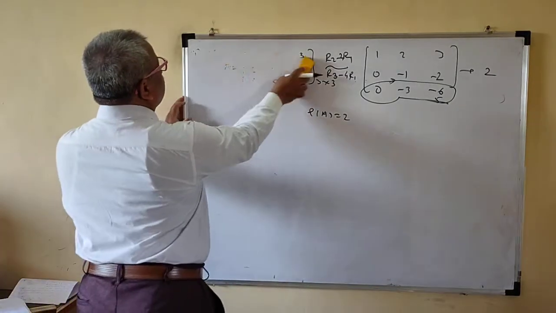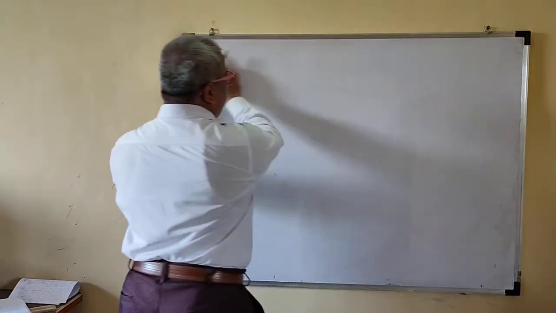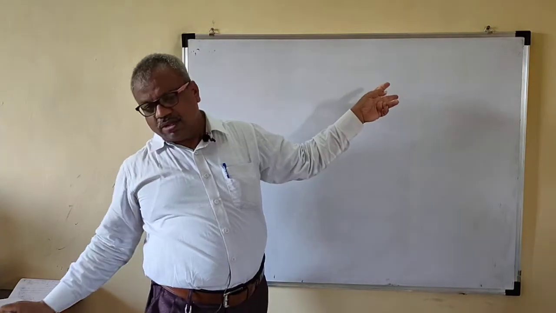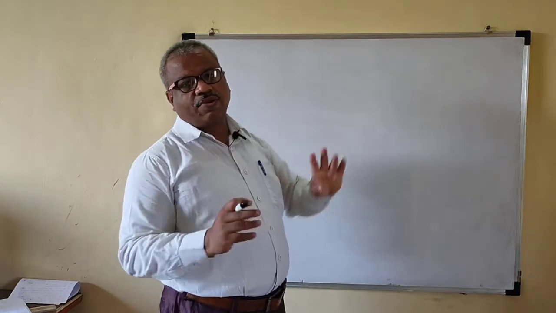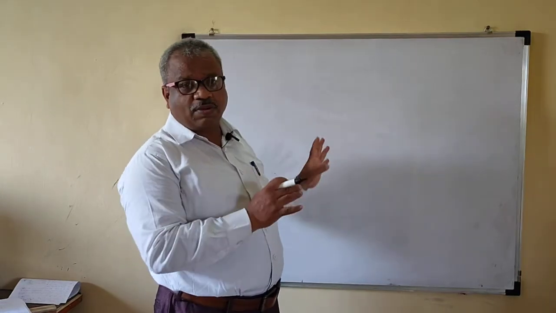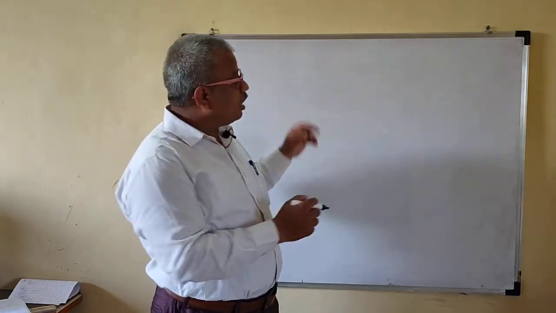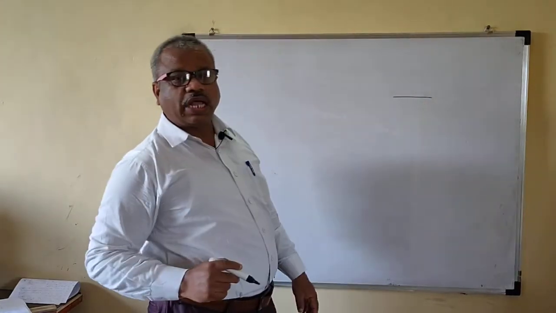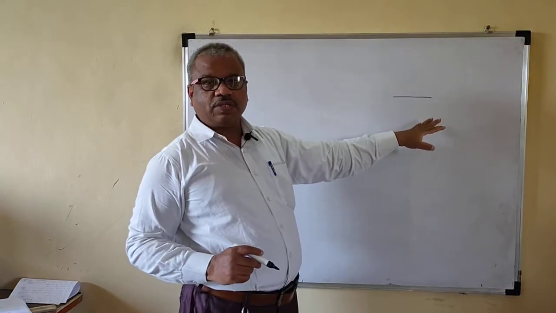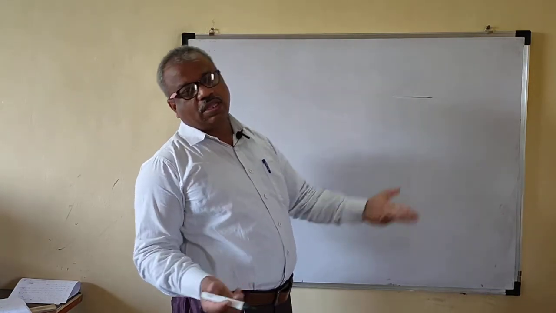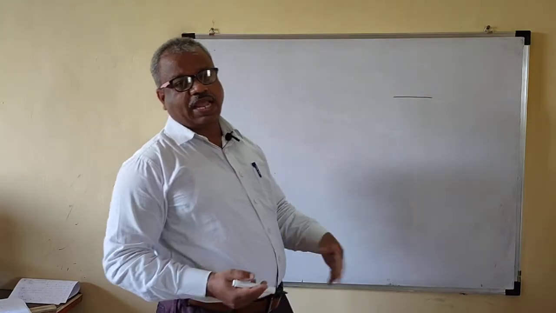So remember this. It is simple: within one operation, actually you have to apply two operations, but you can apply them at a time. This is one iteration only. So you can judge the rank of the matrix, and such type of problem will be there. Check whether the last row is a multiple of the second row or not. If it is not a multiple, all are non-zero rows, that means rank will be 3.